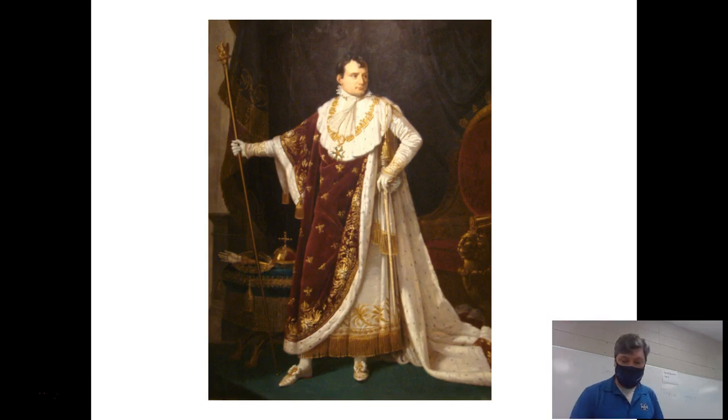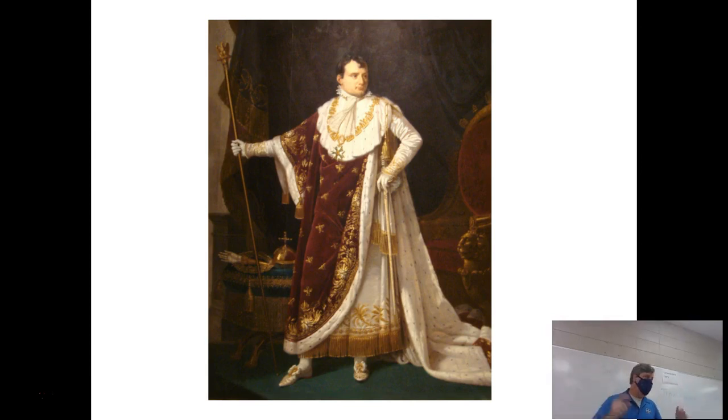Now, I want you to look a little bit more closely at this. I want you to think about the pictures that we put up of Louis XIV, Louis XV, Louis XVI. Yes, these are both pictures of obviously a king emperor type. That medallion around his neck is the medallion of the French monarch. The Bourbons wore it too. But I want you to look at the style of that imperial robe. I want you to think for a second, okay, that doesn't look quite like what the earlier French kings wore. It's cut a little bit different.